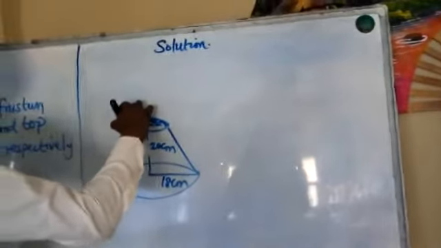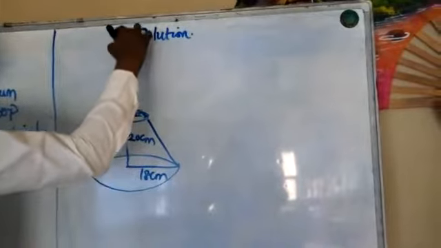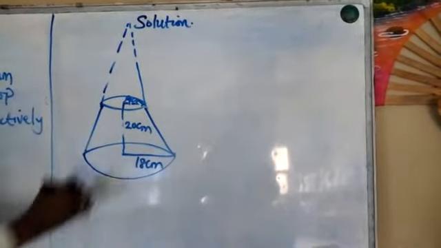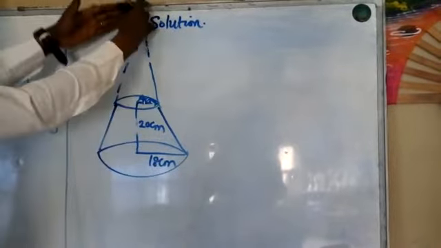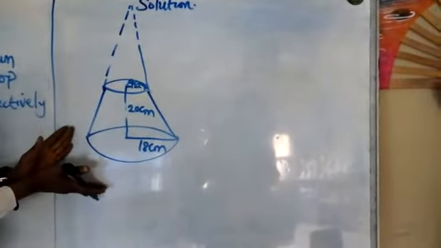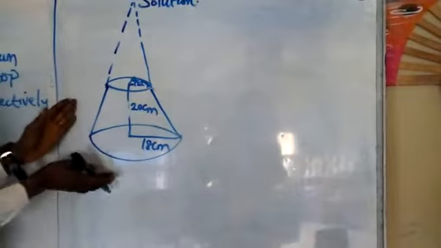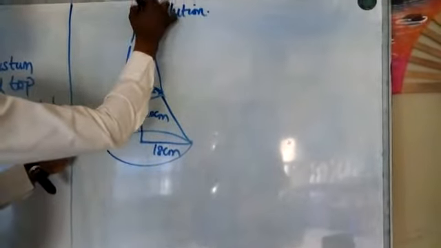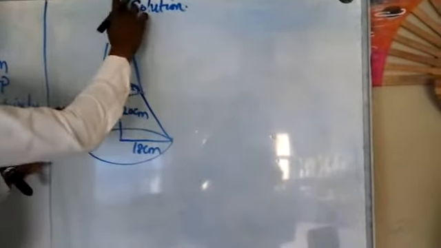The first thing is to reproduce this frustrum to the complete shape. If you reproduce it, originally it's supposed to be like this. This is the complete shape. So that is the first step you do: you reproduce it to form the complete shape where the frustrum was gotten. So by doing this, don't forget, let me sketch it again. Hope you are following. All right. Let's leave it this way.